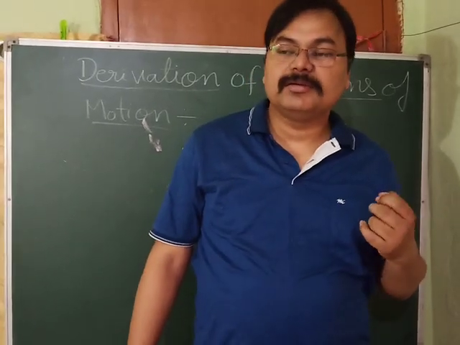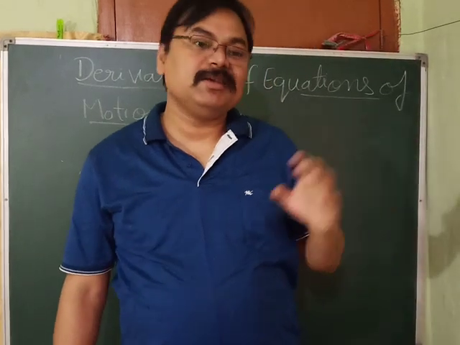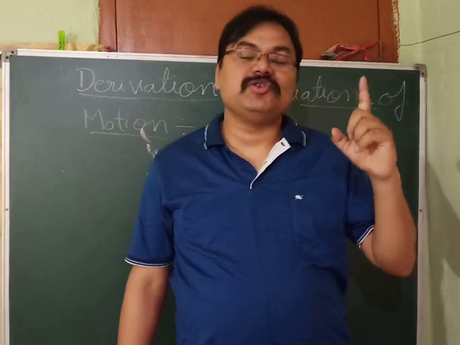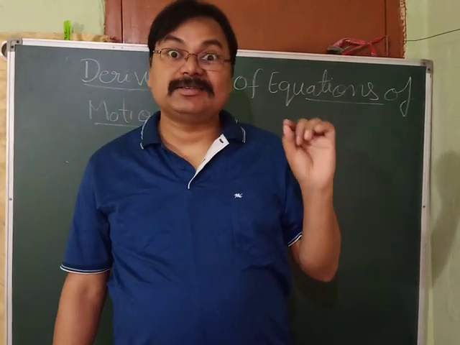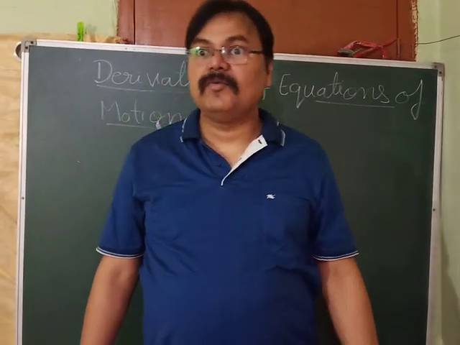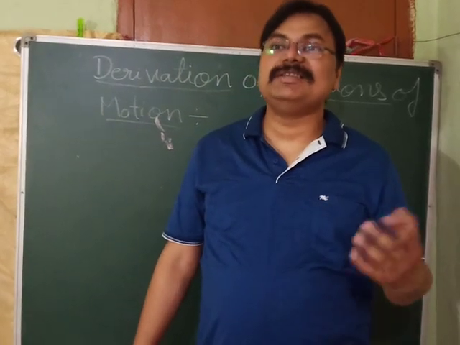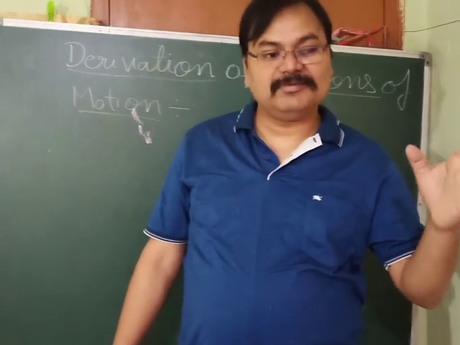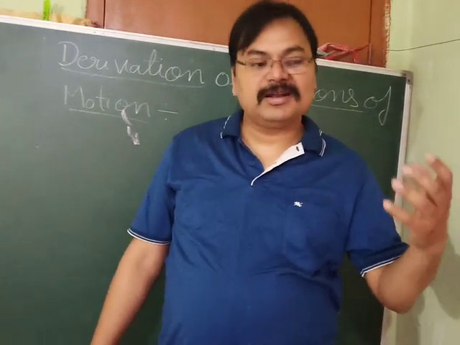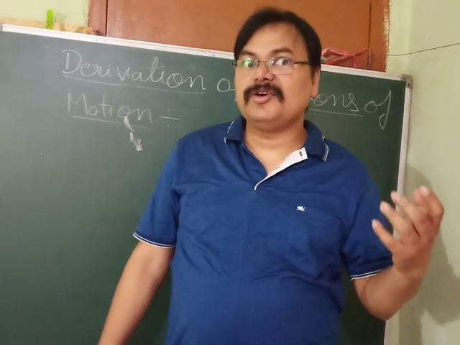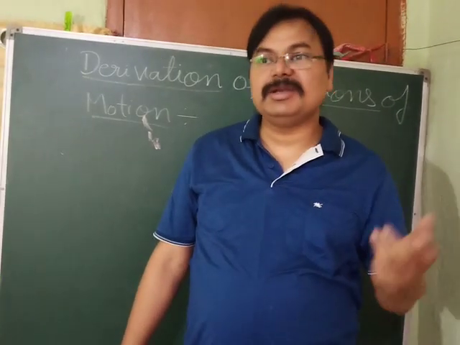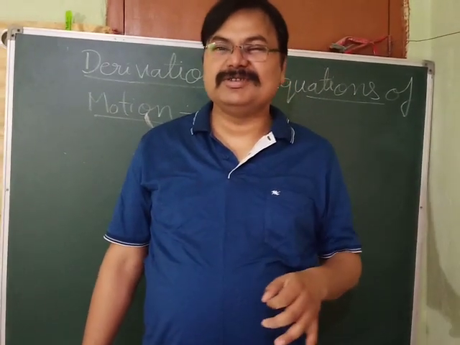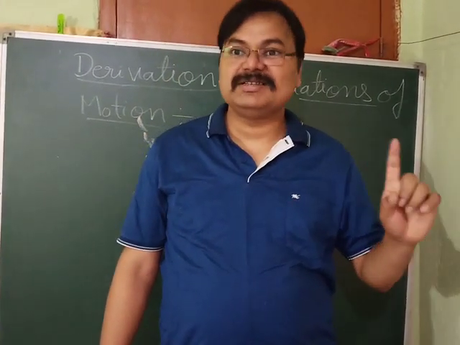let me tell you one thing: whatever we are going to study in this, you'll find acceleration always remains constant. And what else remains constant? Obviously the initial velocity. Suppose you observed initially a car moving with a velocity of 20 meter per second. During its course of motion, its initial velocity will not change, it will remain the same. So that's why it is taken as constant.